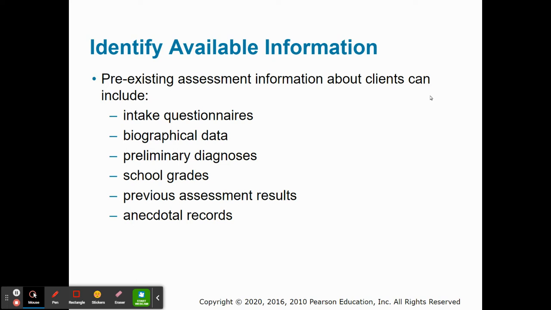We may come up with a preliminary diagnosis because they may have been diagnosed by 3 or 4 other people in the past, and we want to know what those diagnoses are if possible. We want to look at their grades in school. If they've had any previous assessments, whether that's school-based or from another agency,